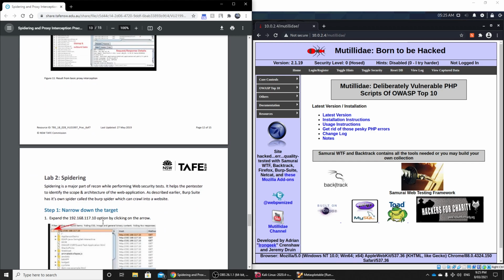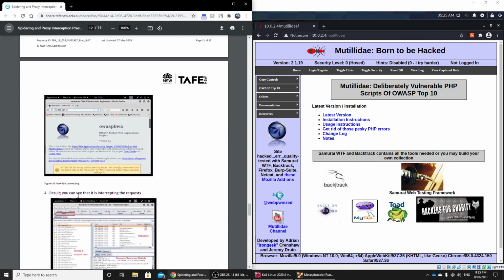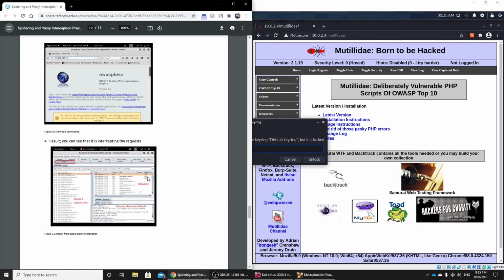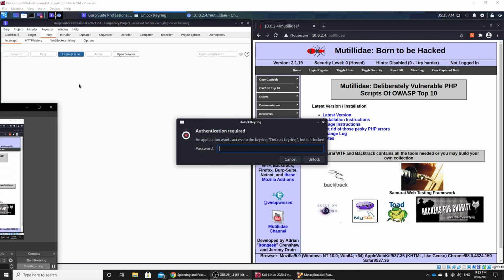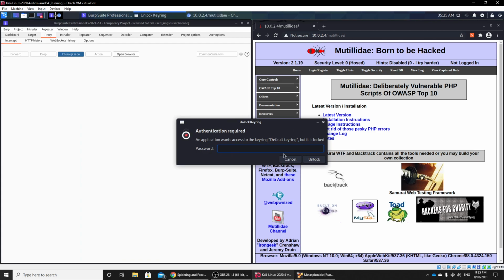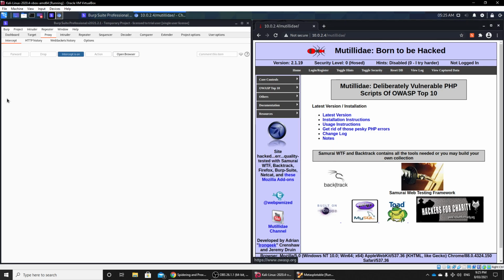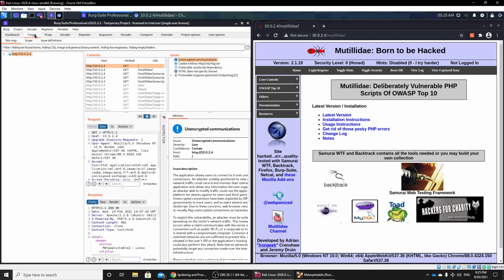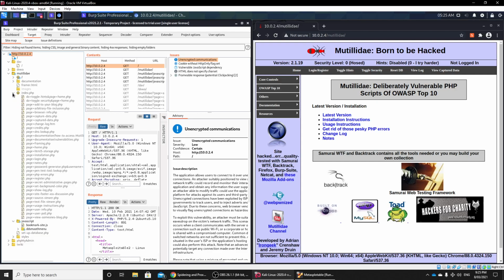Alright. So next, we can see it's working, but we're actually going to do a spider. How we do that is we want to go to target. Right, start looking at bits and pieces, going into some of the websites. And we can see that we can break down these websites, but we don't want to do all